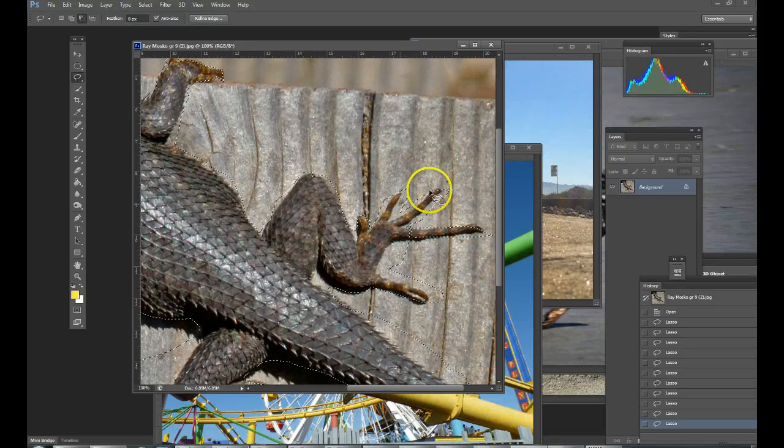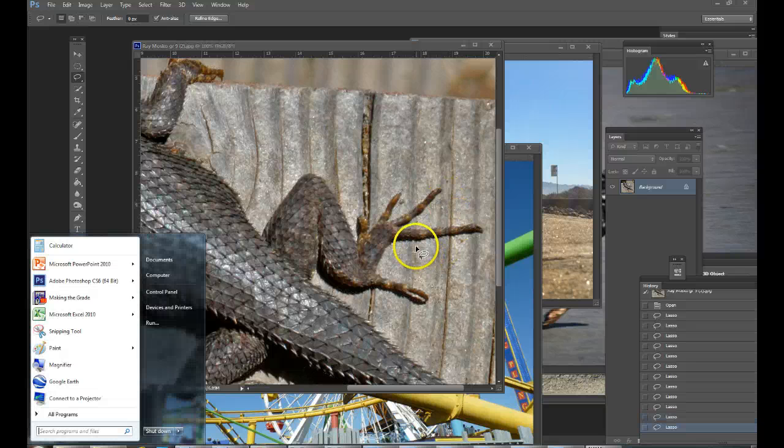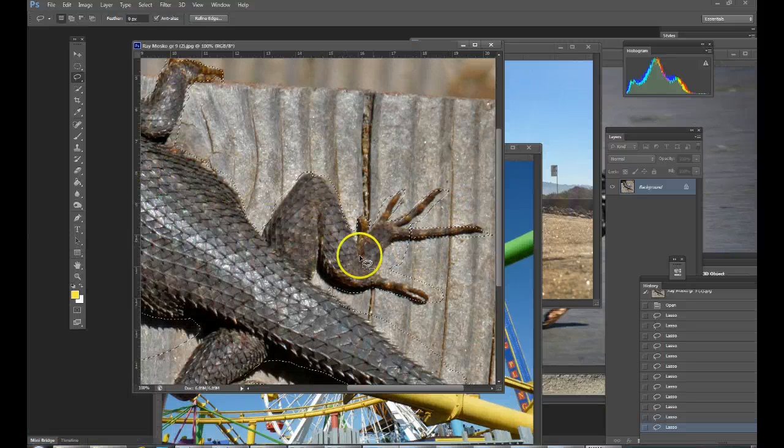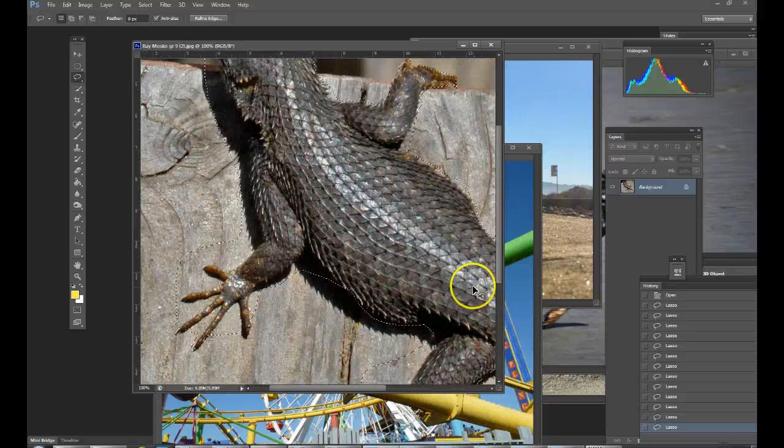So you can see that it's very time consuming and very kind of tedious. So you can come and do that and you can say, okay, I've got it a lot better. And so once that's done and that's selected,